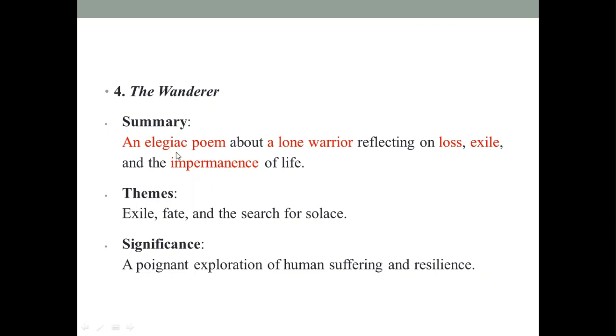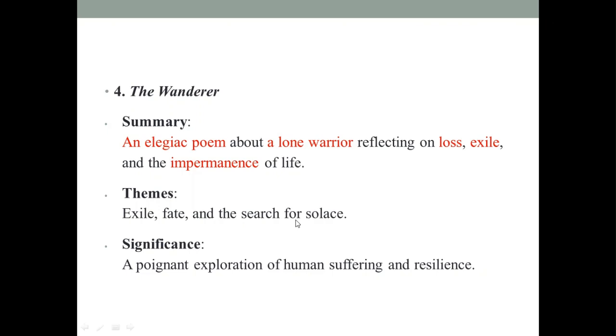So this is a kind of sad poem about a lone warrior, a single warrior. So his thoughts on loss and exile, that is banishment, understand, that is separation, and impermanence, the shortness of life. The themes which we find in this Wanderer poem are exile, fate, and the search for solace,